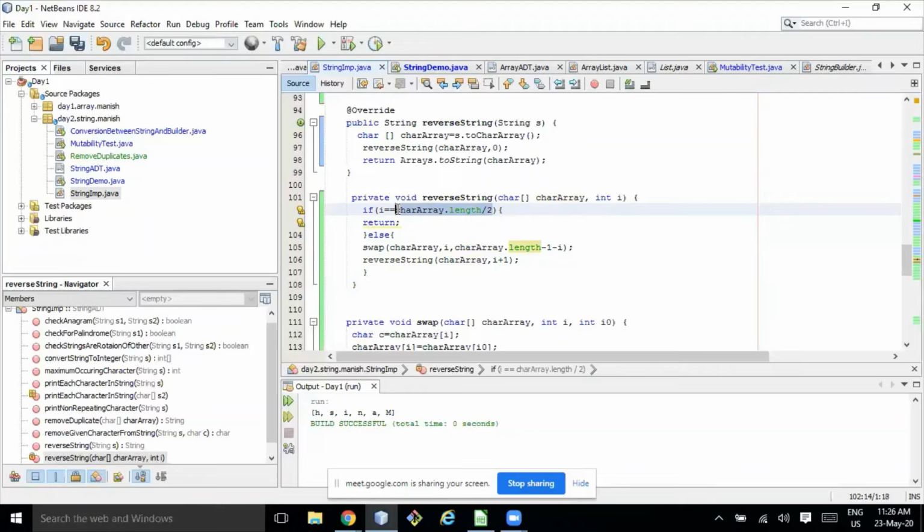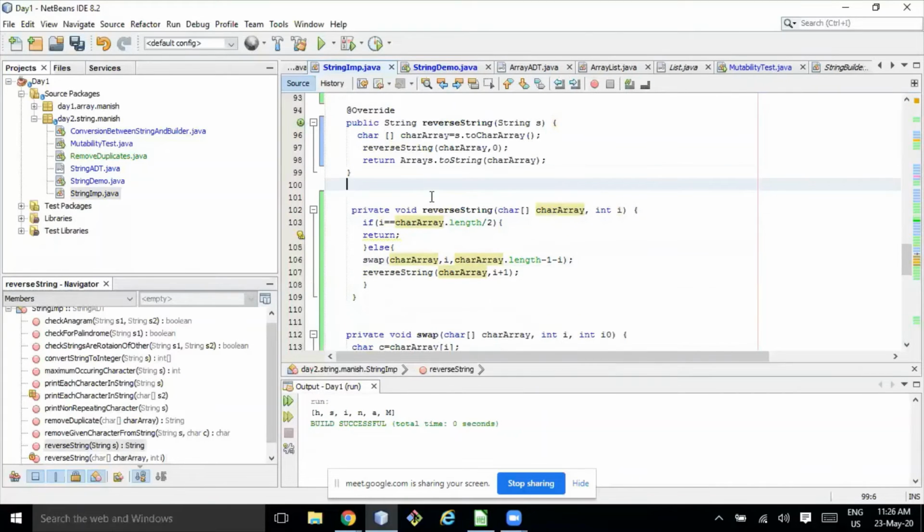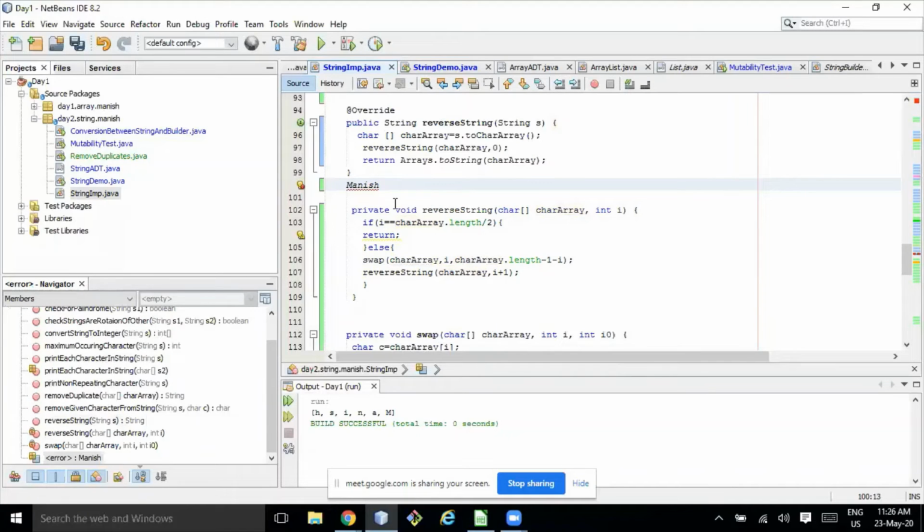Once I am reaching it, I am returning. Otherwise, I am swapping charArr[i] and charArr[length-1-i]. Let's say the example is MANISH. Maybe you missed that class, I remember I have already explained this part. So initially i is 0.